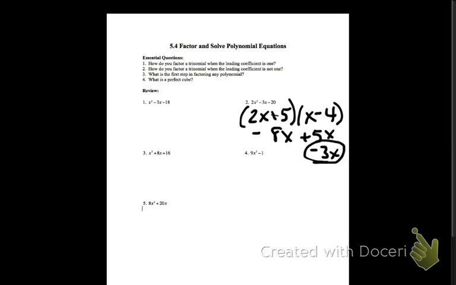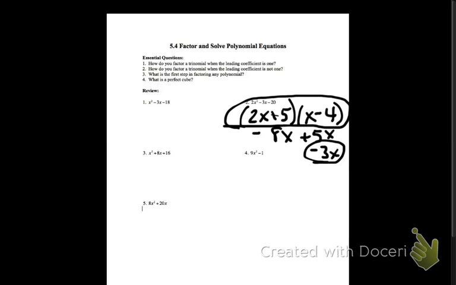I know I'm going to get negative 20 in the back. That's why I picked 5 and negative 4. I know I'm going to get 2x squared as the first term in my trinomial. That's why I picked 2x and x. So really the only thing I had to check was my outer plus my inner. Here is my solution. Moving right along to number 3, again with number 3, I notice that my leading coefficient